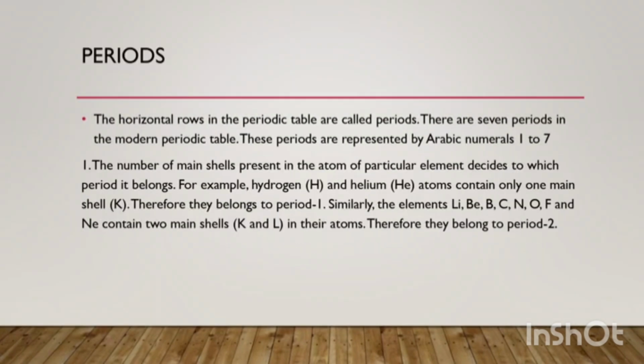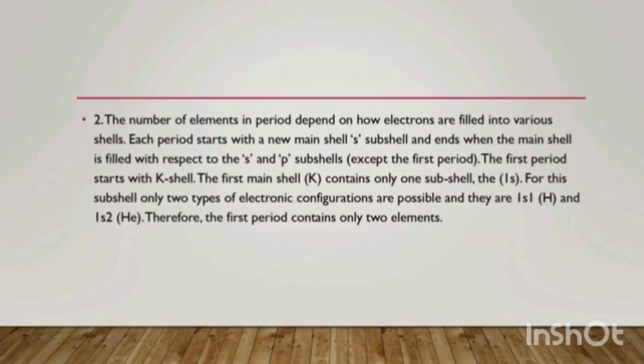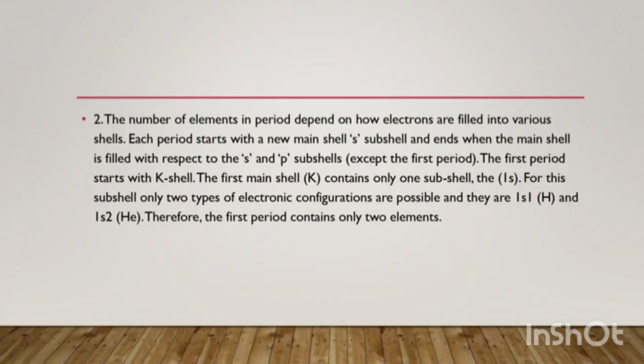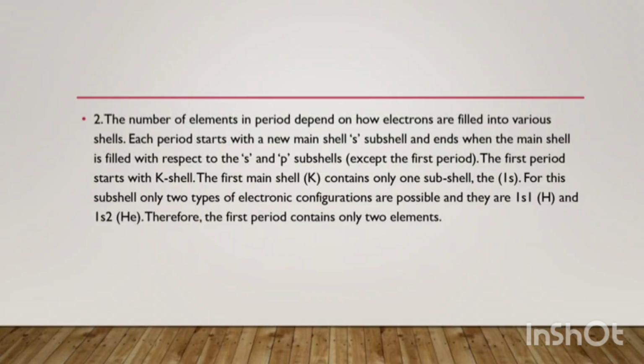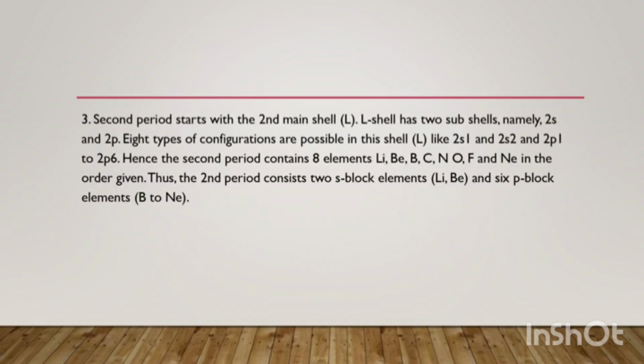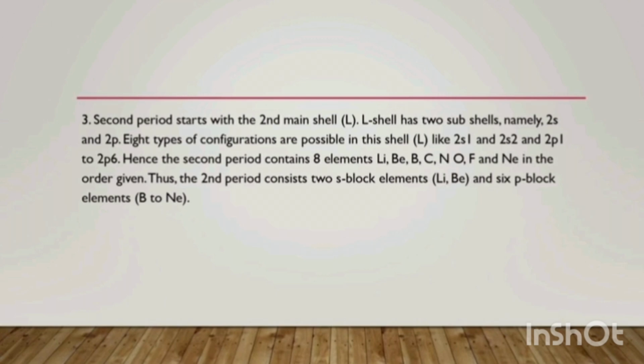Why? Because their outermost shell is completely filled. Due to the stable electronic configuration, they generally don't react with other elements. When we talk about the features of the elements in groups, group 1 elements are all alkali metals, so they form strong alkalis with water, whereas group 2 elements are alkaline earth metals, so they also form alkalis but weaker than group 1 elements. Group 13 or 3A we call the boron family. Boron is the first member of the family.